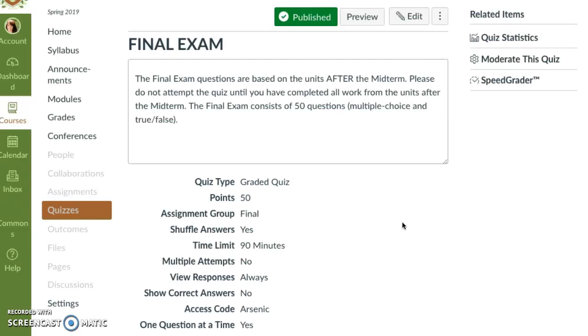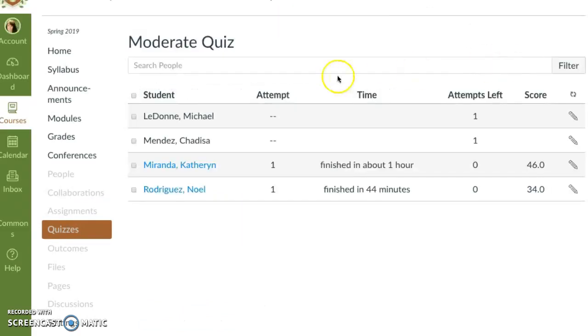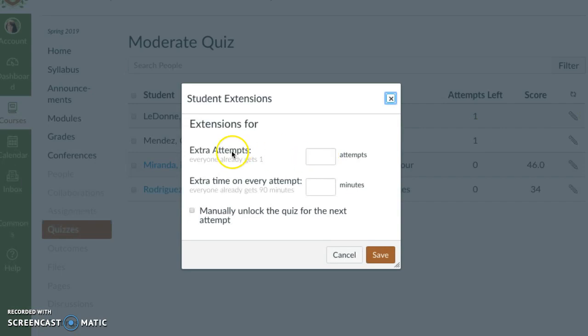Go to the quiz or the exam, the test in which you need to give an additional attempt. Go to moderate this quiz. Once you're here, you'll see the students listed. Go to the pencil icon out to the far right, and then you can assign extra attempts,